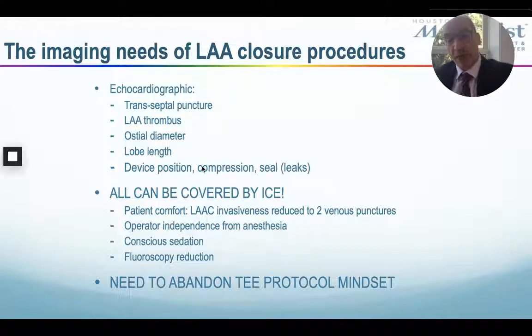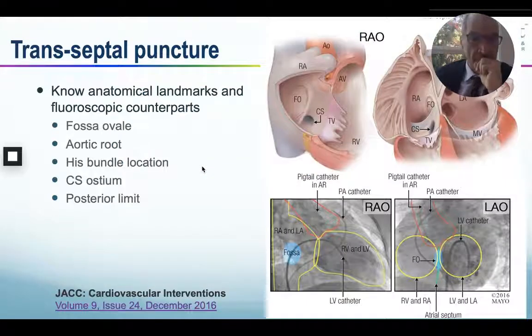But you need to abandon the TEE protocol mindset. No more fixation on different views and different angles to image the appendage. You have to change your mind out of that. First step is a transseptal puncture. There are textbooks and video DVDs on how to do transseptal puncture based on fluoroscopic landmarks. Basically, the idea here is you need to make sure you know where the fossa ovalis is,